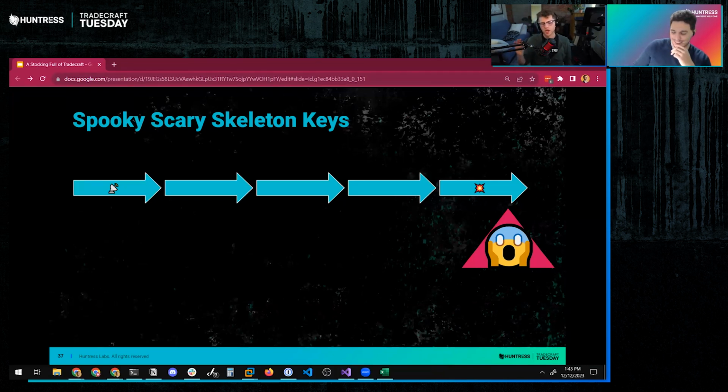Okay, so yes, again, as an Active Directory enterprise red teamer, I was familiar with the Active Directory skeleton key. For those unfamiliar, and this is way further in the attack chain, if I have leveraged credentials to the point where I am an administrator or a global administrator, I can patch the authentication service in Active Directory.